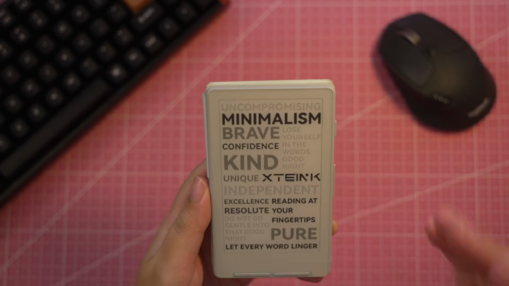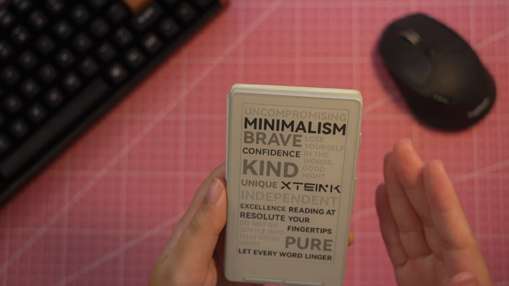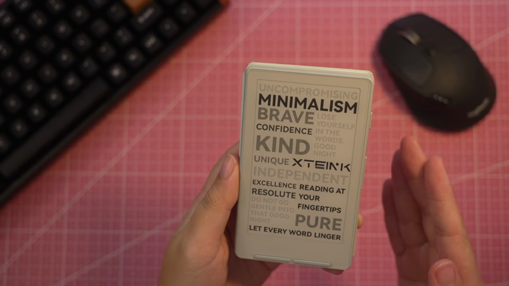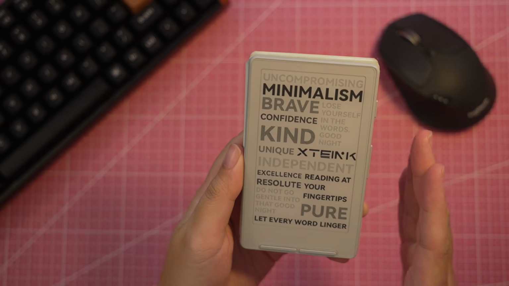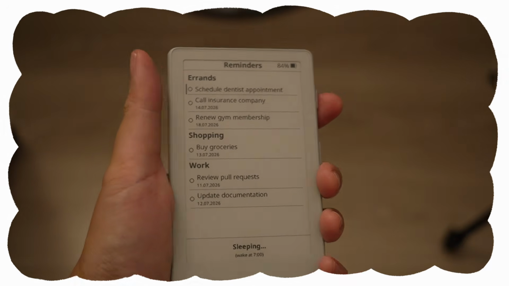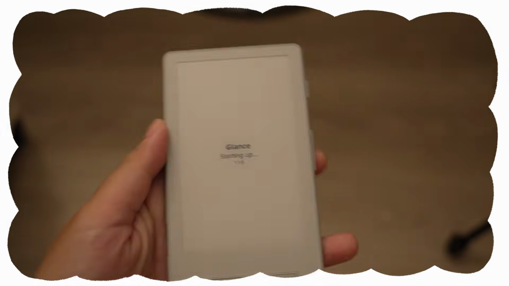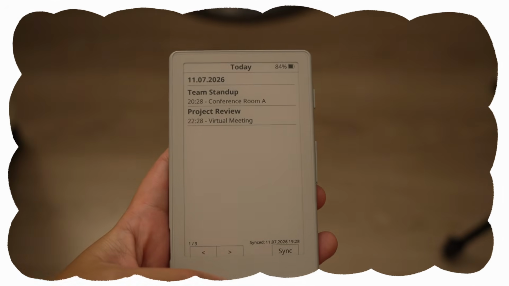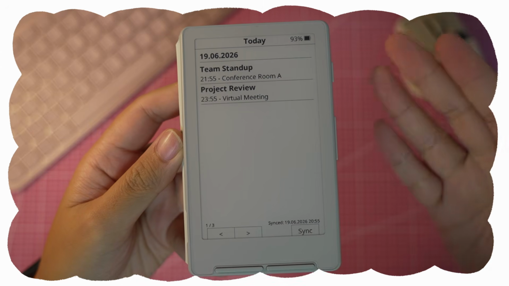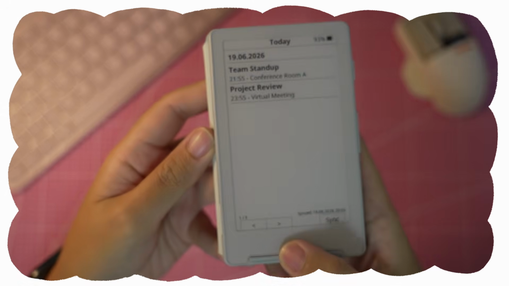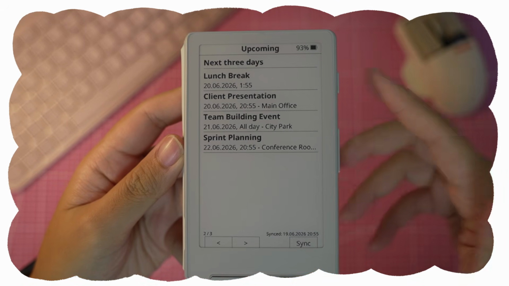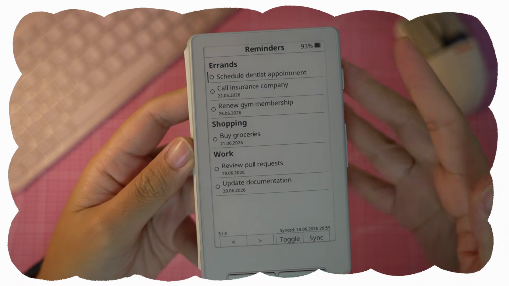This is how I turned my Xteink X4 e-ink reader into a handy daily planner that will make you use your phone much less. For the last couple of weeks, I've installed and tested the X4 with the Glance Daily Agenda firmware, which shows you today's events, upcoming events for the next 3 days, and also reminders or